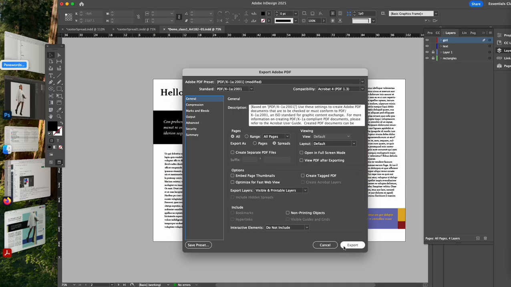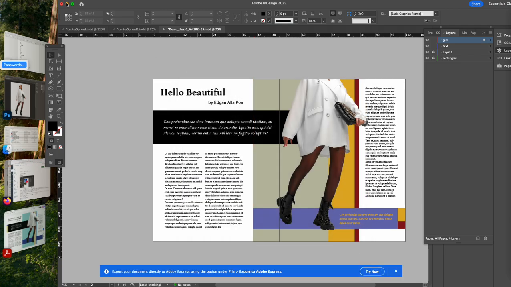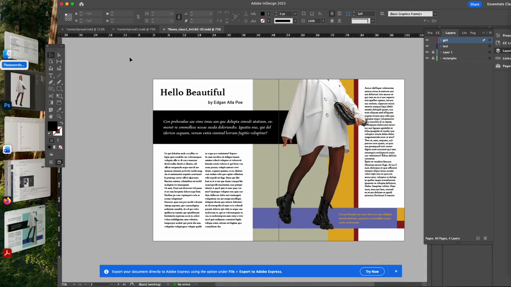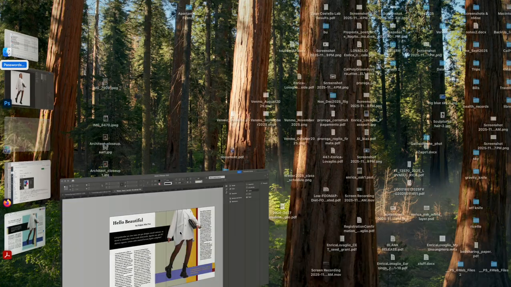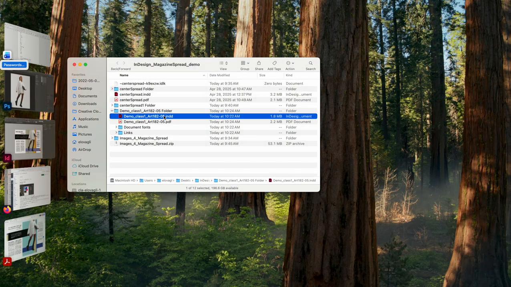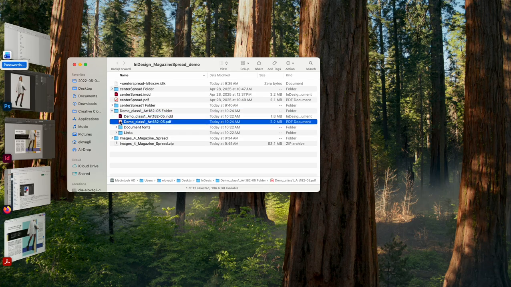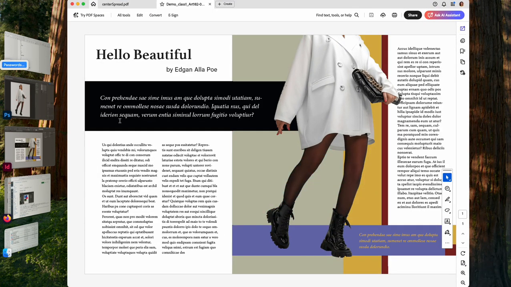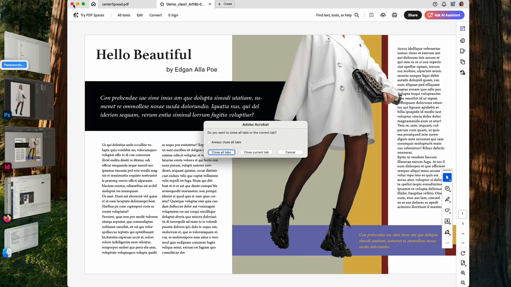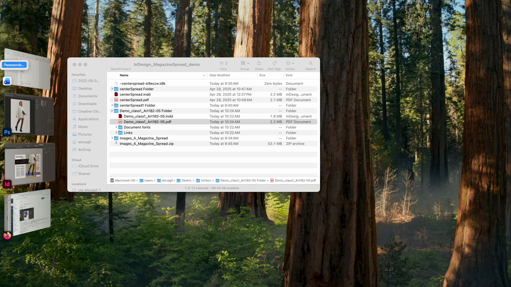I try to keep everything in the same folder. The package also gets the PDF, because it's just easier that way. You don't have to hunt, right? So when I go in here now, I should have your number, and there it is. This is the PDF we made, and when you double click, it opens in Acrobat Reader, and life is good. As I said, I'll come back to this little glitch of the wrapping around the hand of the image through an alpha channel. All right, close all tabs. Let me turn off the